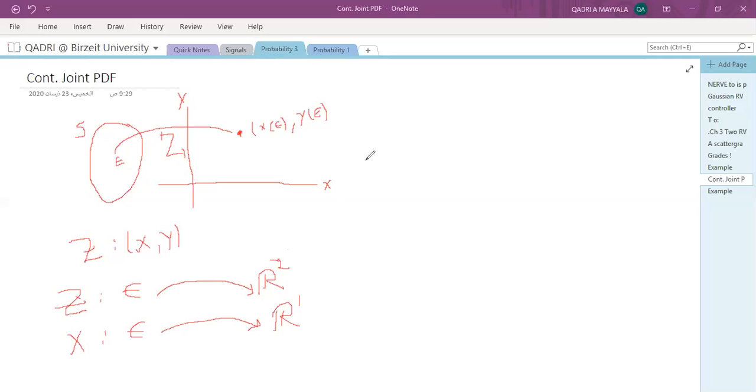To characterize the behavior of two random variables, or more of course, together, we need to look at the probability distribution. So we defined the joint cumulative distribution function, and we also defined the joint PDF. What was the joint? If you remember, for example, if we were selecting a student and looking at the weight and height, and trying to look at the probabilities in this row. So if you say the probability of X less than a certain x node, and the intersection, Y less than y node,